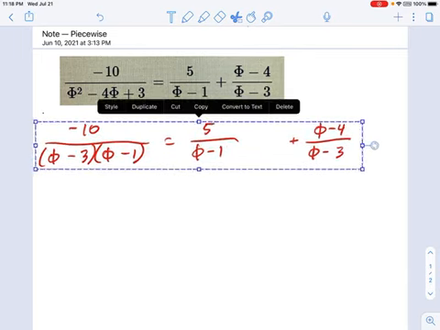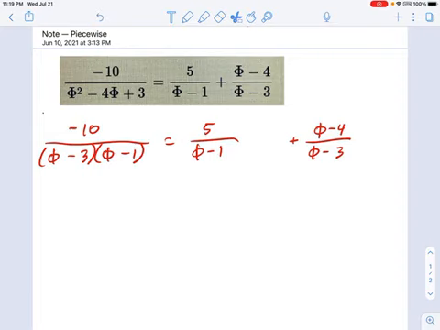So there are a bunch of denominators which are missing factors. So if you take a look at this guy right here, you can see it's missing a factor of phi minus 3. So I'm just going to add that in there. Phi minus 3, phi minus 3. I'm multiplying top and bottom of the fraction by phi minus 3. That means it's a crazy 1, right? This is equivalent to multiplying it by 1.